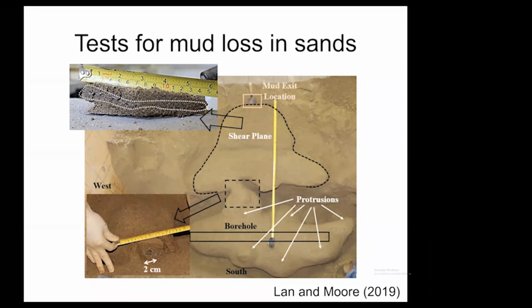And if you cut into that, it looks a bit like a jam sandwich or a peanut butter sandwich, where you've got a layer of pure bentonite mud, which looks like peanut butter, and beside that, of course, is the saturated sand, which looks a bit like the bread. So we've got a really clear idea of what the mechanism of flow is from the borehole up to the